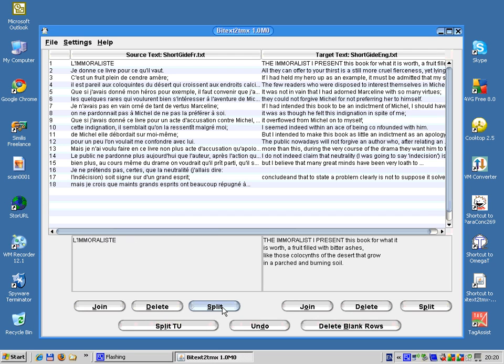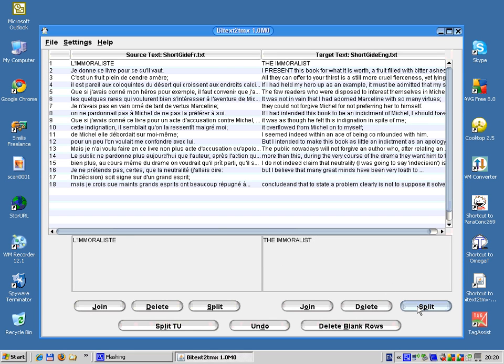And if I do the same over here, so we've made a split in the segment, which makes a little bit more sense, and we can now move down to the second segment, and you would go through the same process again. In other words, you may decide that you want to have a split there,